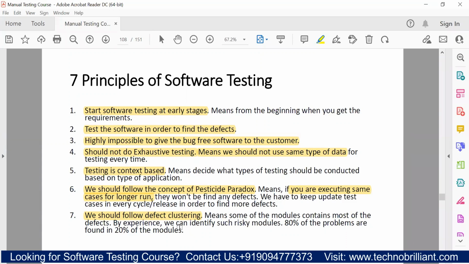Then testing should be context based, we should perform different types of testing depending upon the type of application. We should follow the concept of pesticide paradox, means we always need to update our test cases so that defects will get traced. And the seventh principle is we should follow defect clustering. It means we should be focusing more on the critical modules where there are chances to find a number of bugs within that 20% of area, right? So these are your 7 principles of testing. So yes, these are the different principles of